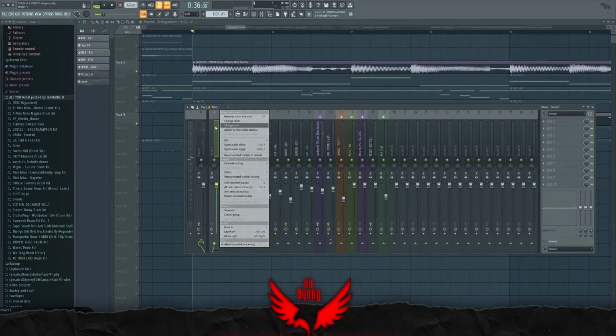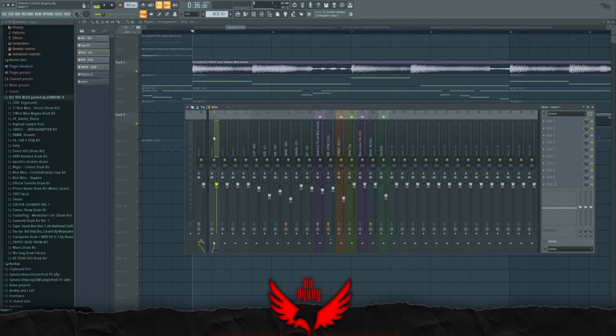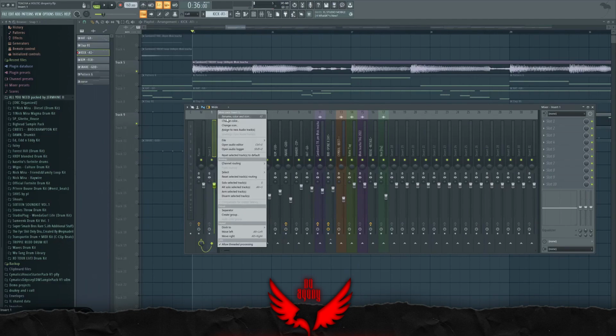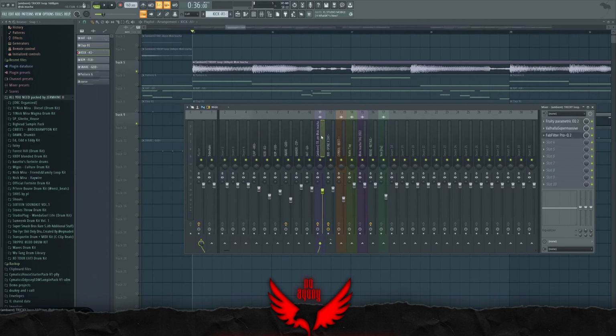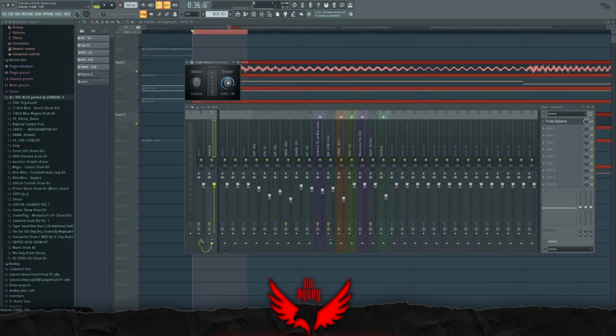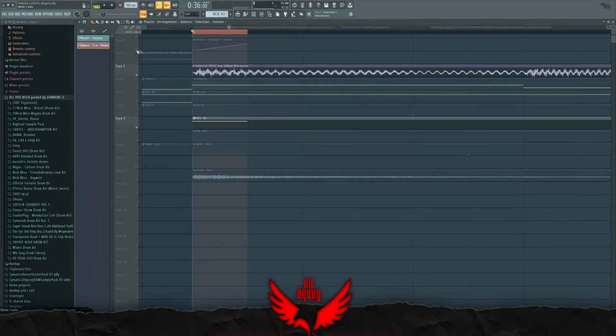We're actually going to make a separate sidechaining track. So we're going to go to a regular insert, dock it to the left, and name it sidechain to be a little more organized. You go over to your melody or whatever you want to sidechain, and right click on the sidechain track and put route to this track only. Then you go to your sidechain, go to Fruity Balance, right click, create automation clip. As soon as you do this,